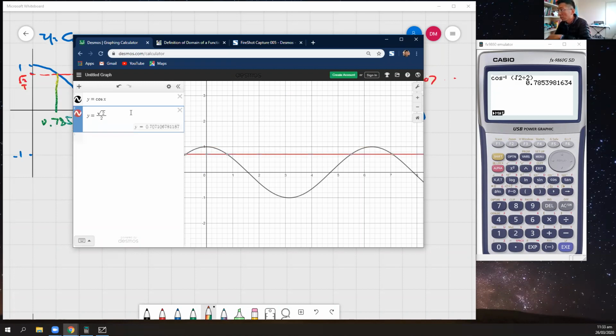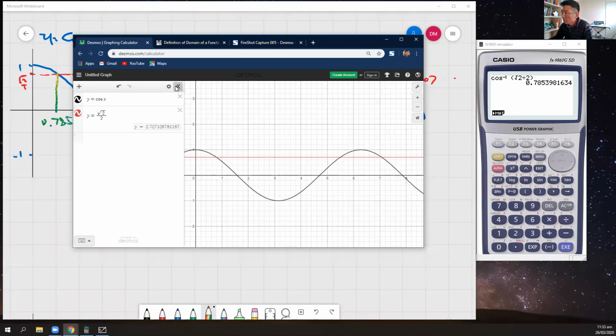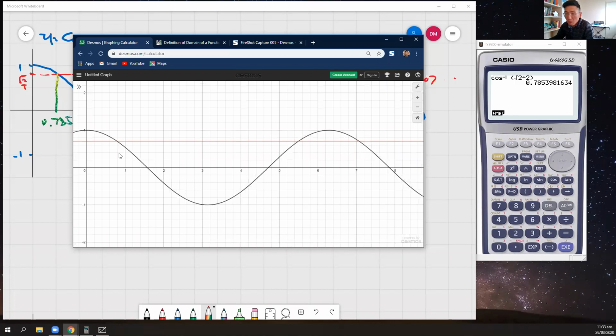If you have a look at the decimals precisely, the black line will be cosine, and the red line will be square root of 2 over 2. We understand the first solution we have is around there. It gives you pi over 4, which is basically 0.785. Now there are other solutions over here as well, and one solution is this one. So if I actually copy the screen over here,